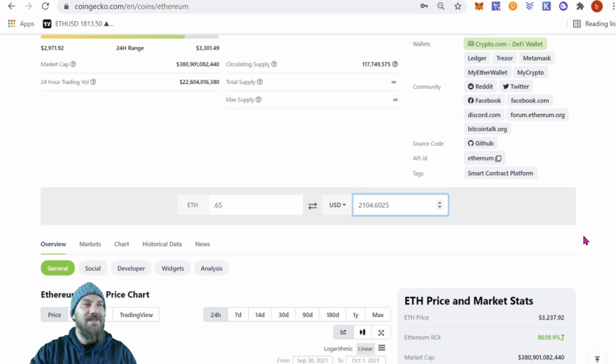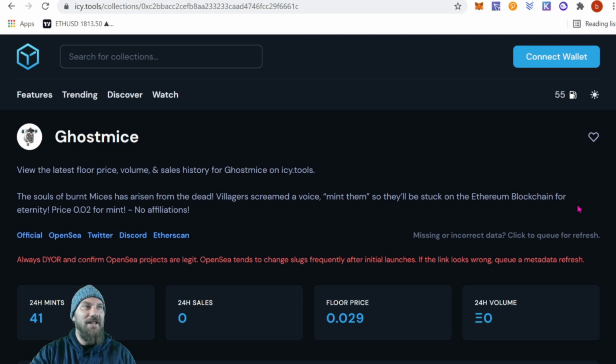So as a bonus today, I'm going to give you guys another project that I'm looking at that does something very similar to zombie toads and cats. It is an on-chain project that has a staking mechanism very similar. Okay, so that project is going to be Ghost Mice. It's kind of a copy of that cat's project, to be honest, but again, it was minting for 0.02,